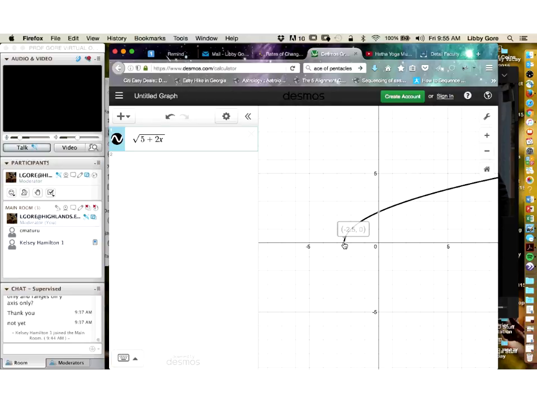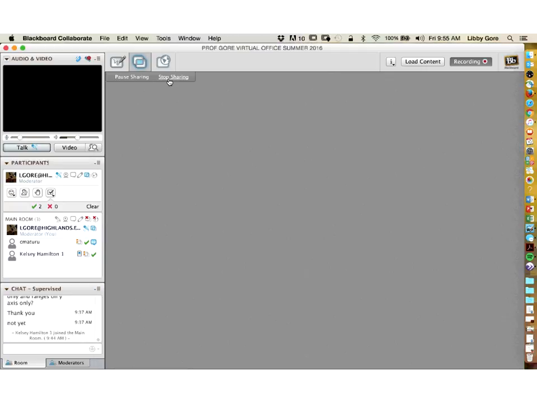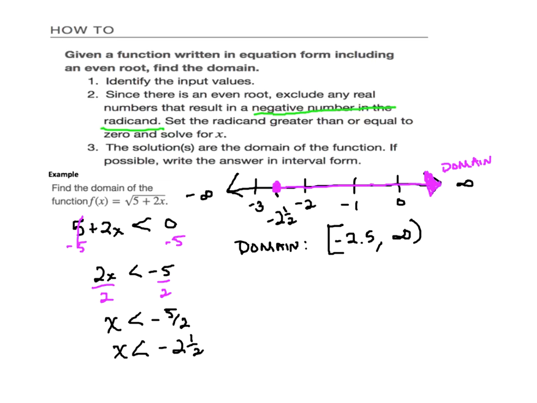Green check if this is all starting to come together for you with domain and range. So we've looked at an example of both situations that we have to watch out for: 0 showing up in the denominator of a fraction or a rational expression, and a negative value showing up beneath a root. I see you're typing, Cyprian. I'm going to keep on going while you're typing because we're already going to be over time since we started late.